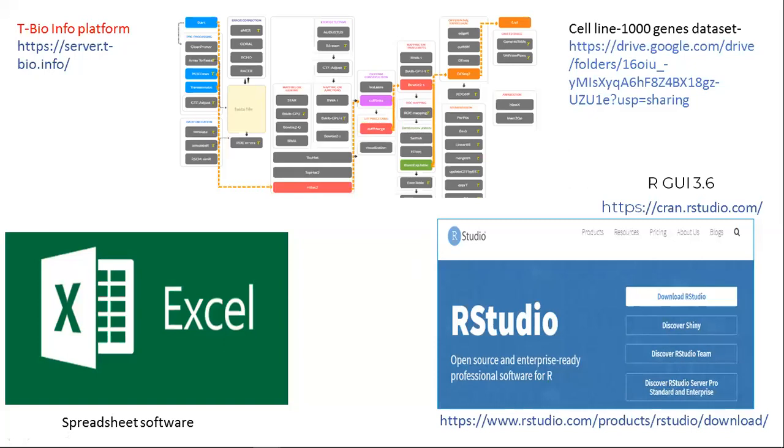So we will combine the output that we got from the last session, when Elia was running a pipeline to create a gene expression table for the data from the cell line project. We sent you the links to the data sets and also links to download RStudio